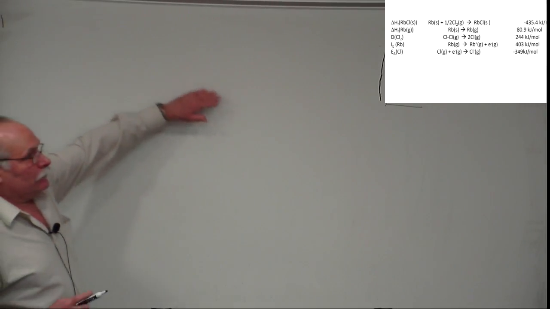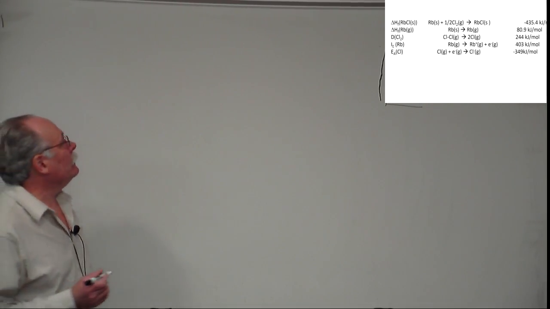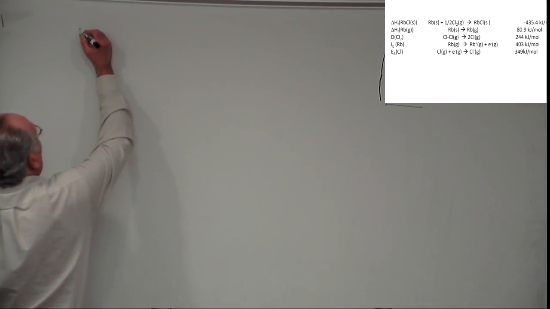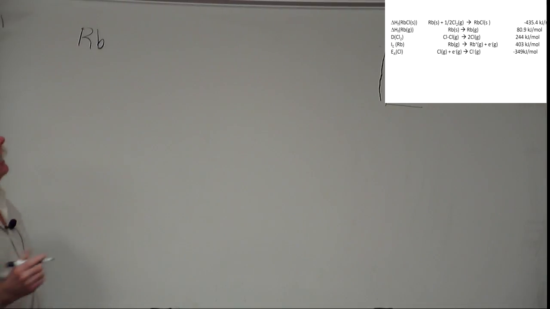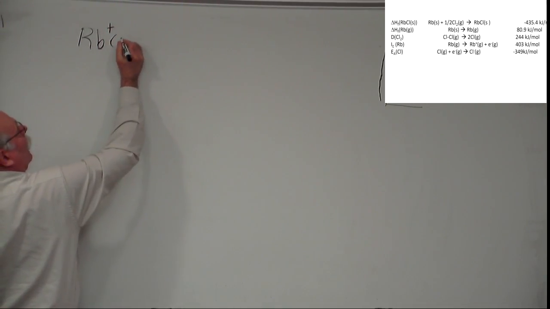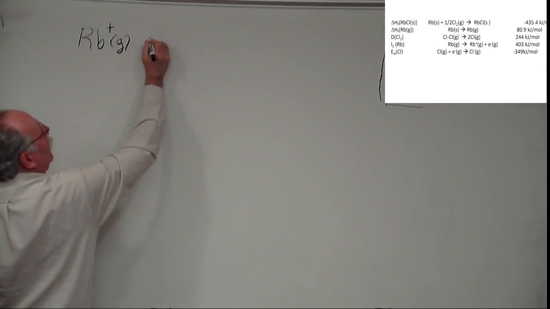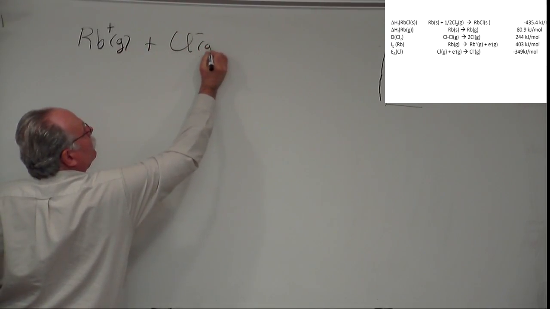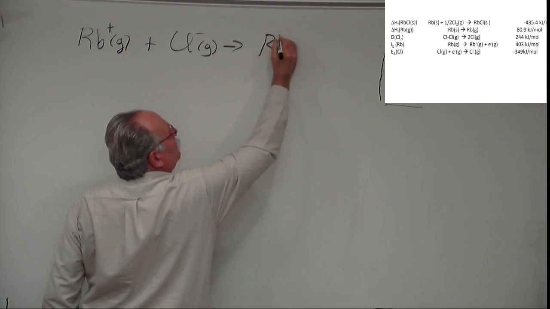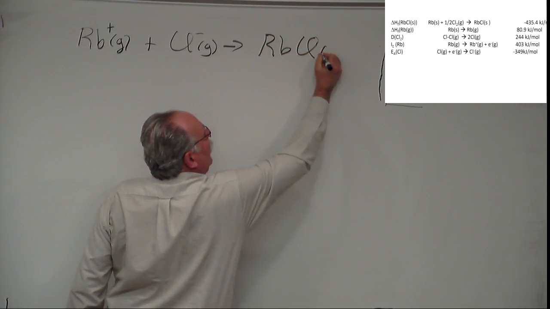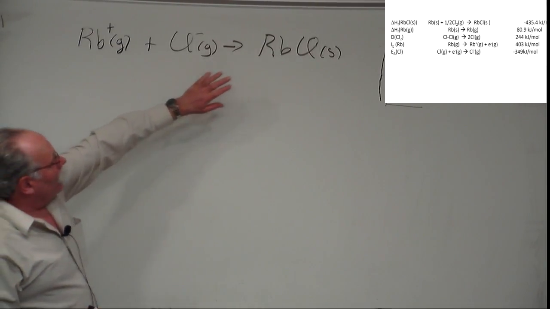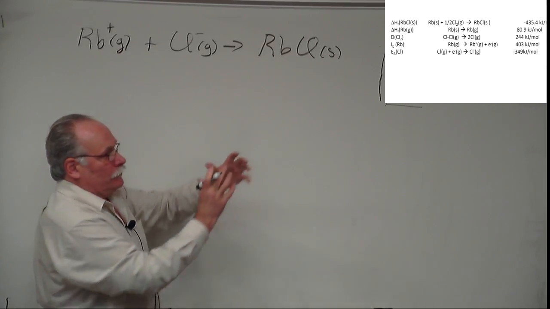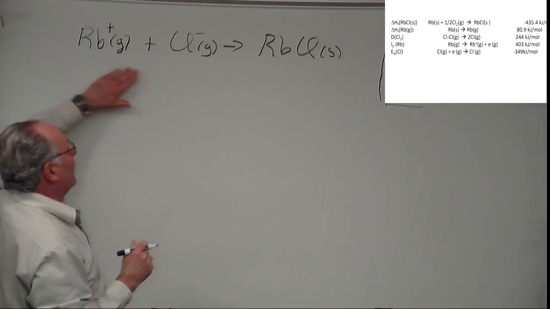Now, what were we trying to do? We're trying to find out the lattice enthalpy for the formation of rubidium chloride. The definition of the lattice enthalpy is the energy required to bring the gaseous ions together to form the crystal. Realize that many books call the reverse reaction the lattice energy. That is, I have a crystal, how much energy is required to break the ions apart into the gaseous phase,